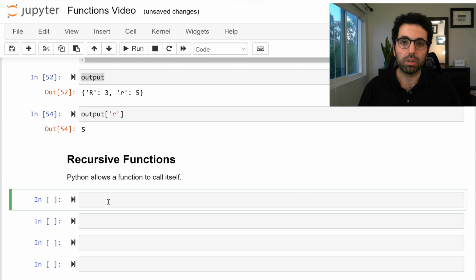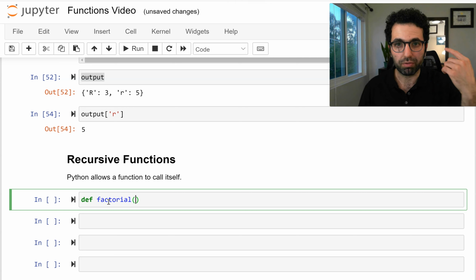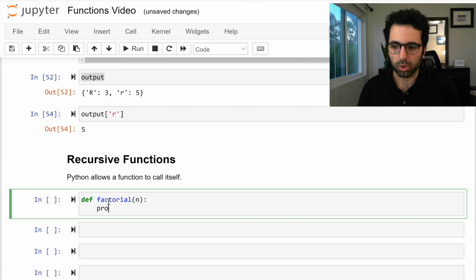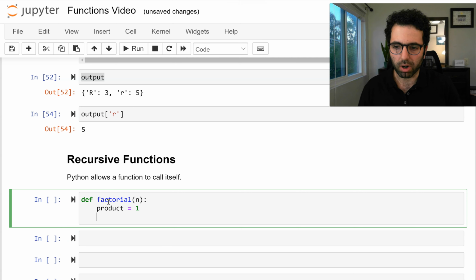I'm going to first create a function iteratively, which is not recursive, and then we'll see how we would do that recursively. Do you remember we talked about factorial? Let's create that function. We want a function that calculates the factorial of n. The factorial of n is the multiplication of all of the numbers 1, 2, 3, all the way to n, right? So if I want the factorial of n, I would need to create a product,